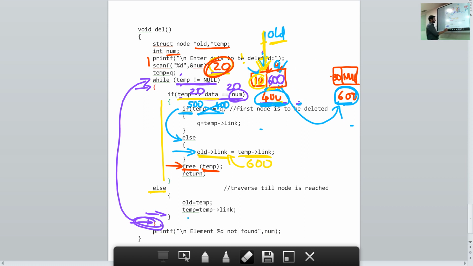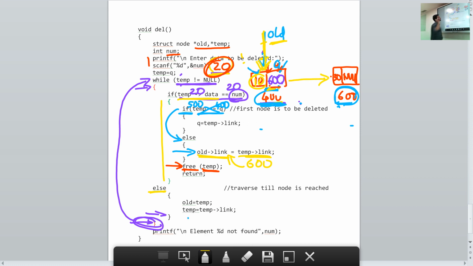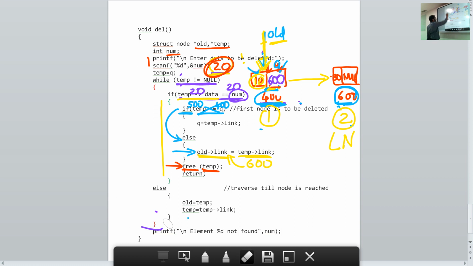And we are having a linked list here. Now we can draw the arrows properly. So since we are having 600 here, this will be pointing like this. So this is the first node, and this is the second node, which is also our last node. Got it? Okay. Let's take one more example and see how it is to be done. So now we are having two nodes in our linked list.